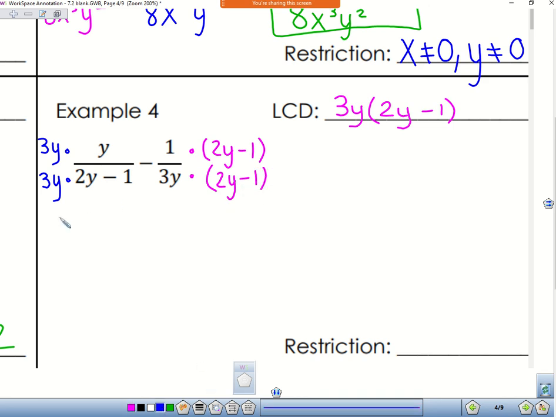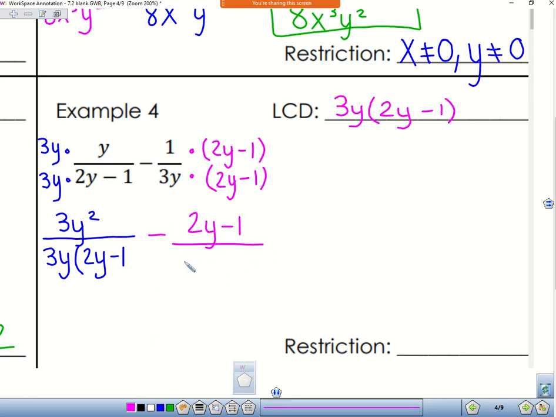So this is going to become 3y squared all over 3y times 2y minus 1 minus 2y minus 1 all over 3y